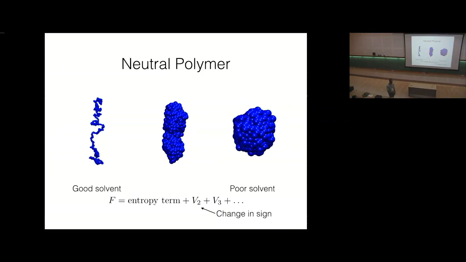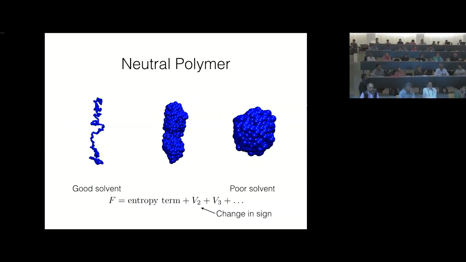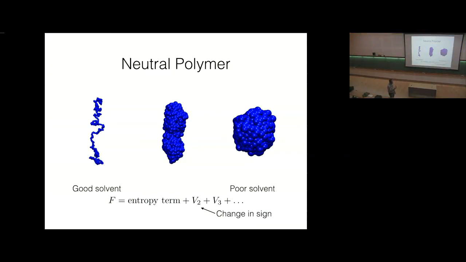No, it is completely flexible. I see. If you take semi-flexible, then what should happen? Would the scaling still be valid? Ideally, if you include semi-flexibility, it creates a persistence length beyond which I would claim the scaling goes off. But for large, yeah, you can form structures which are not really spherical. You can form toroidal structures. So I'm not very sure what will happen. Okay, so if there are no more questions